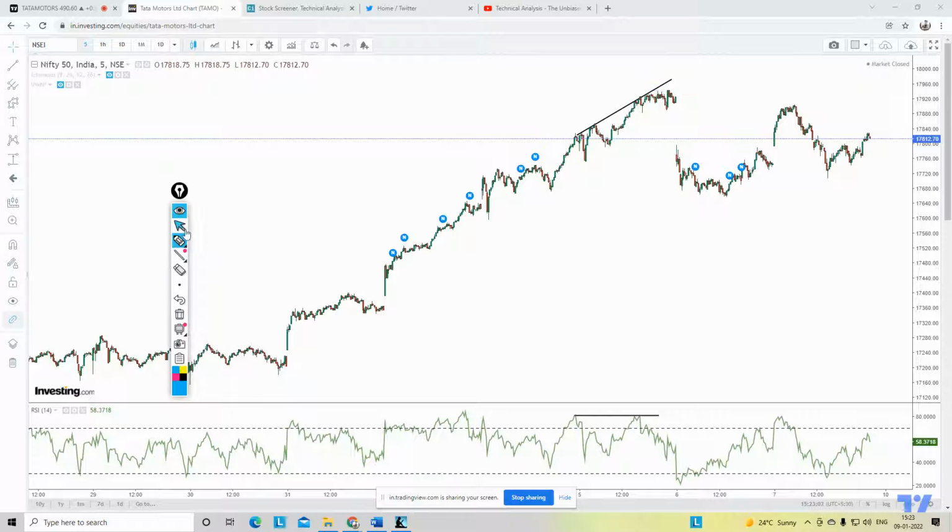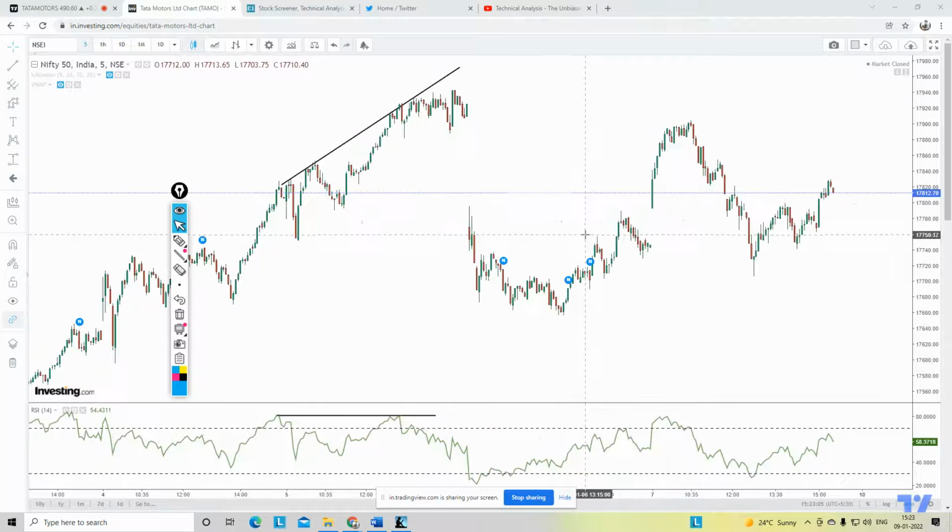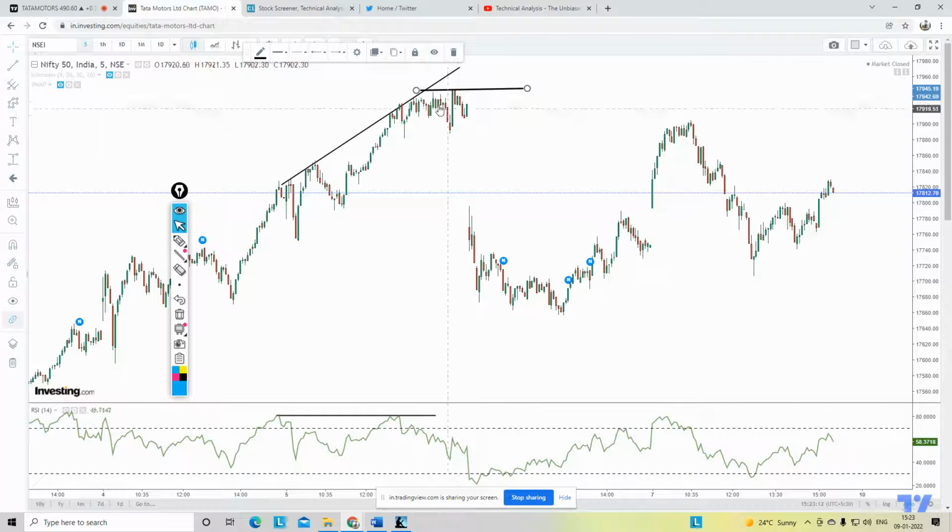At least we can see that okay, there is a continuous resistance, correct? There's a continuous resistance over here after formation of a divergence. So if you want to analyze whether this is the top or not, you have to spot the divergence, and you see your option chain data at that point in time, or a weekly setup or a monthly setup, and you see that okay, it is near the highest call writing or highest open interest, and the calls are short and the puts are long, correct? You can estimate that okay, this divergence would work.